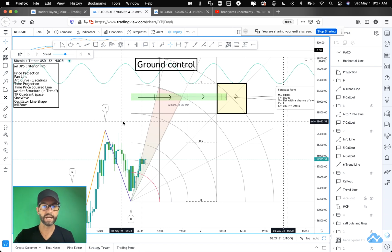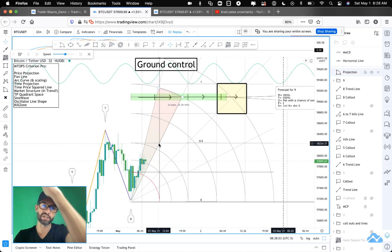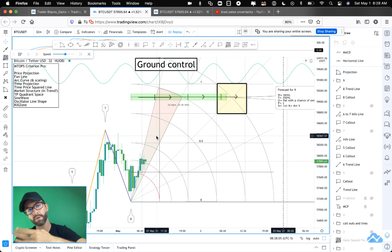Okay, anyway, so the second arc's over there, we're passing this first arc, and then it's going to retrace a little bit. I know from experience, because of market structure and market structure spacing, that it won't continue at this trajectory that it is right here. It is going to move across because it needs to space itself out, and then just do the zigzag action